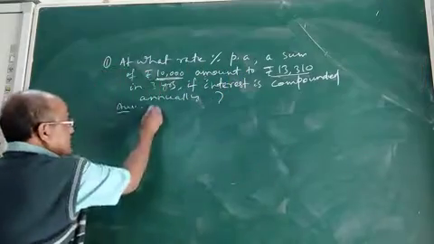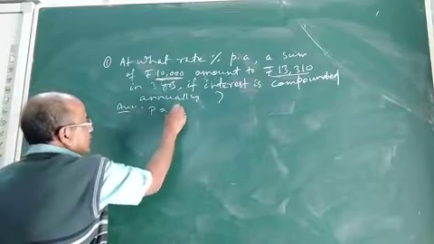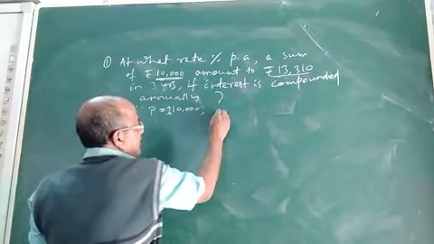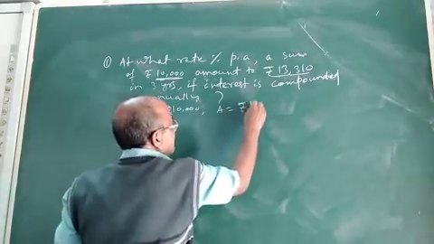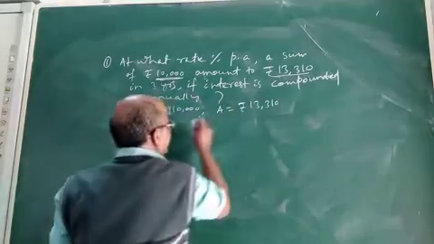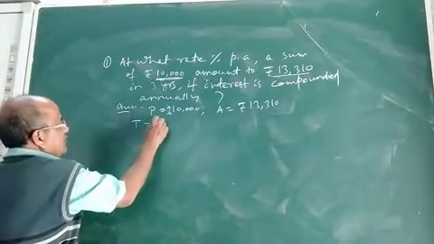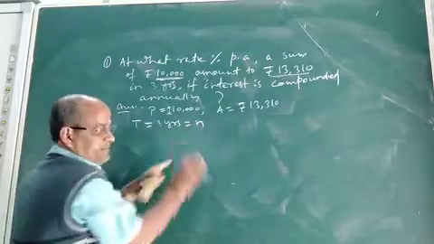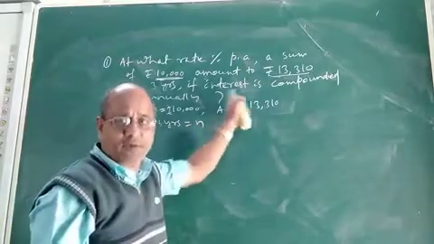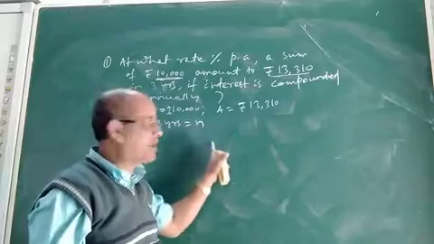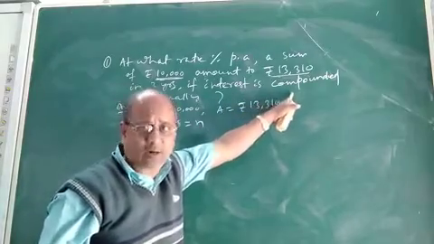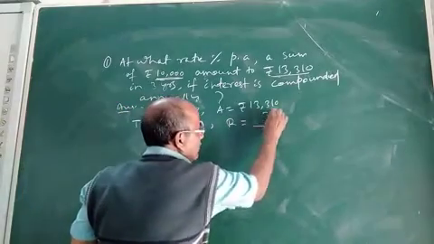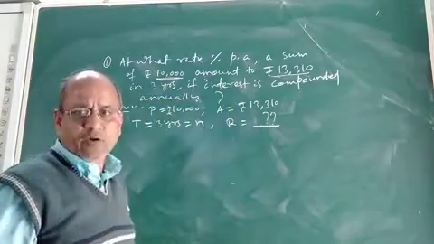That means what is given, you see, here we are given P equal to rupees 10,000, then amount equal to rupees 13,310, time equal to 3 years and this will be N also, conversion period N equal to 3 times because time period and conversion period are same when the interest is compounded annually. And what we have to find out? We have to find out the value of R. We do not know what is R. Okay. Let us find out. So how to find out?